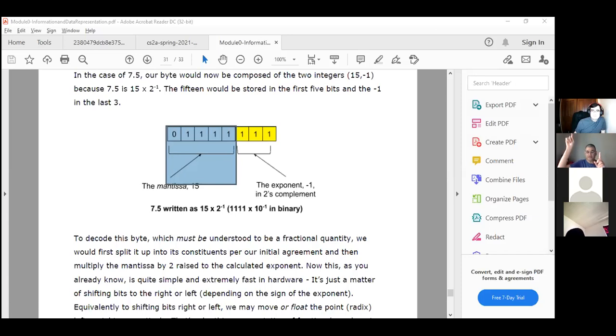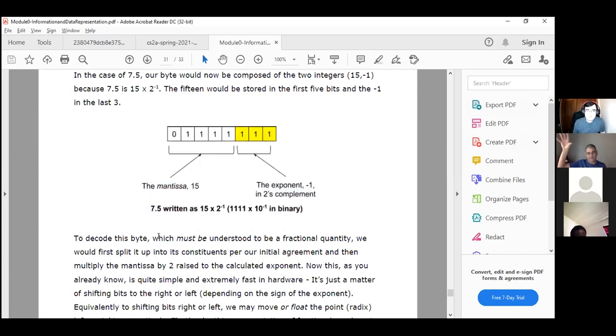3.14 times 10 to the 0 is the same as 0.314 times 10 to the 1. Yes? Yes or no? It is also the same as 314 times 10 to the negative 2. Yeah, it's the same. You're just moving the decimal, and it's the same number. I'm floating the point by tweaking the exponent. I can change the exponent and float the point.